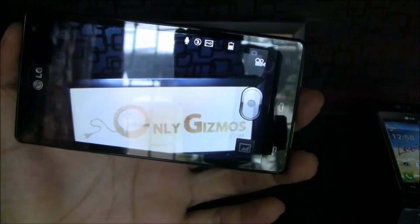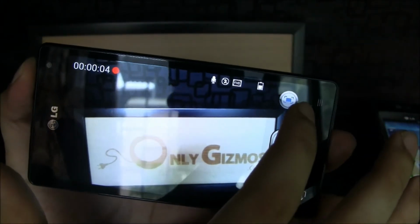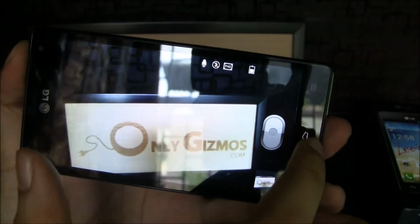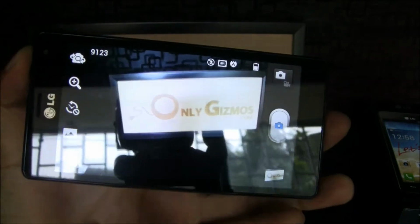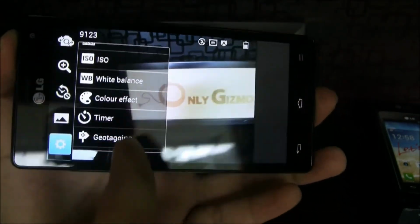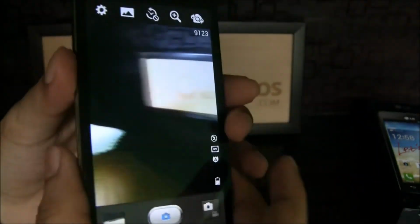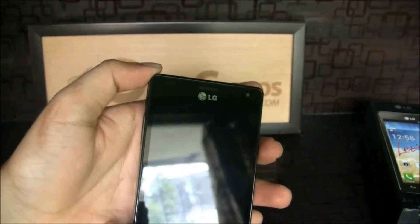So right now we are in the video mode, and you can just click images here, as you can see. There are a lot of options here for an advanced user who would be comfortable experimenting with the camera. So basically the UI is pretty good, but the images that we have managed are not that sharp